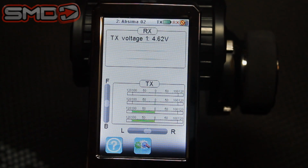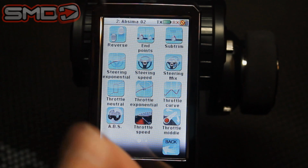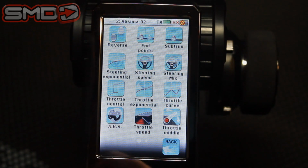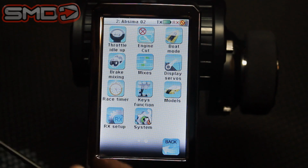Now if we look at this little icon here, which looks like some gears, similar to the settings icon on a smartphone, that's pretty much exactly what it is. You press that button, it takes you to all your different settings. So I won't go through them all, but you've got everything basic like servo reverse, endpoints, sub trims, steering, mixing, throttle mixing, ABS, setting throttle center points, servo center points, throttle idle up, bolt mode,